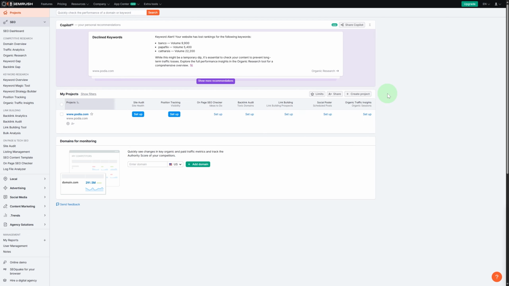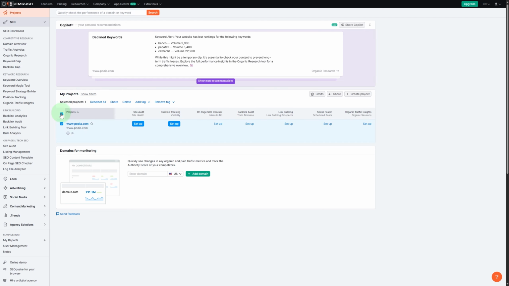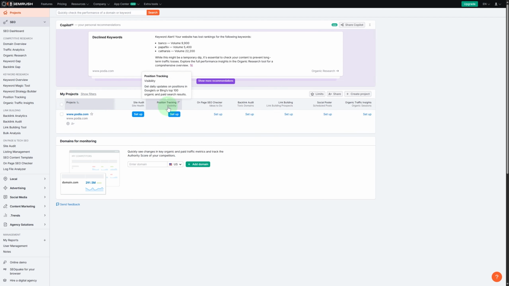Now jumping straight onto the platform, you can see we have currently the dashboard where I added this sample website, which is another great tool by the way. So you can see we have currently the project, so it is showing under the project section. We have the site audit, position tracking, on page SEO, and all these other options that are extremely crucial for the search engine optimization. If you look closely on the left side, you can see a ton of features that